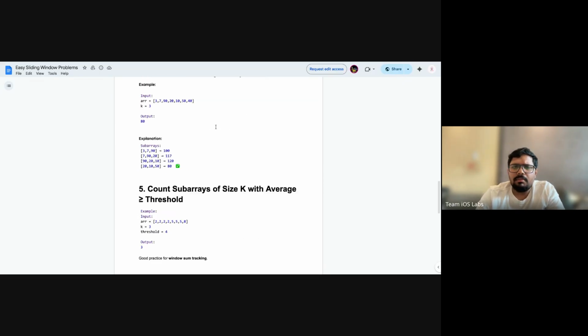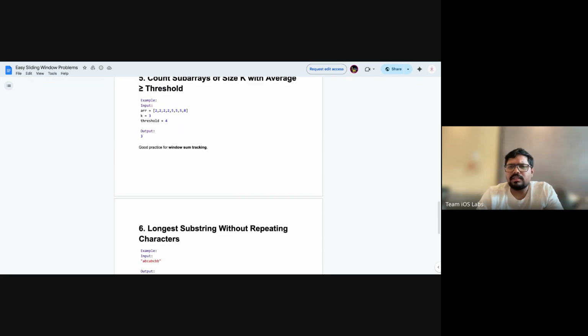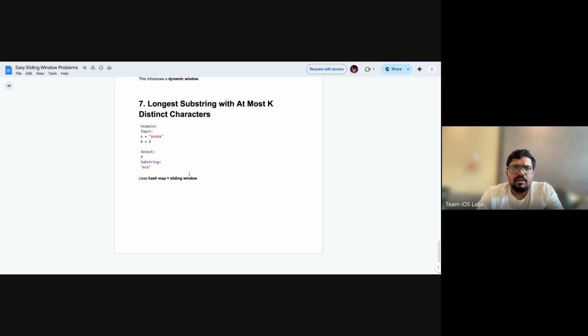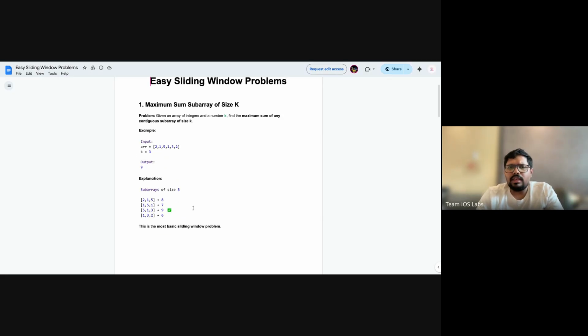Similarly, you can find the minimum, or find some threshold and how many values are greater than that, or even the average. These kinds of problems we can look into. Then we recently saw the longest substring with non-repeating characters. So these are all easy problems. You can just go through them once, and if you find any issues, you can discuss them in our group.